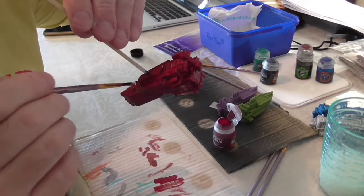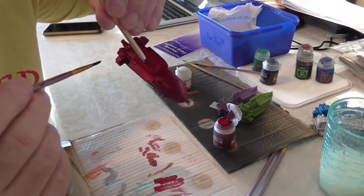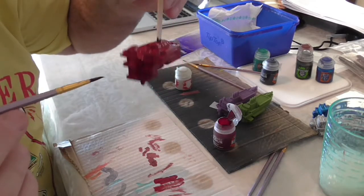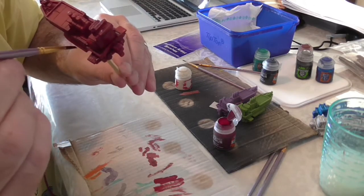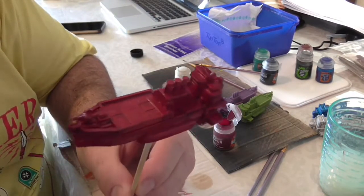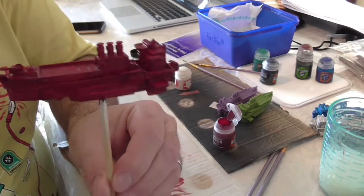Rub it on there. Alright. Quick look. Anywhere where it looks like there's white bits. It looks alright, there's nothing in there. Now we have a nice red ship. So I'll pause this and let it dry, and then I'll show you what I'm...